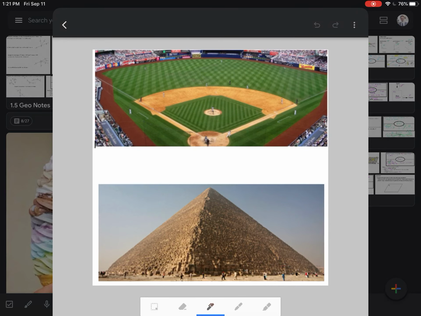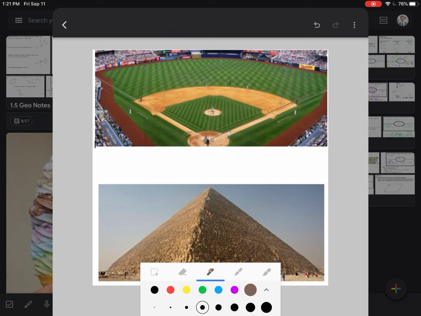With that being said, we're going to start off with a real life example. You might notice on top that is Yankee Stadium, and in baseball we have an example of an angle. You might not think about it this way, but going from home plate all the way to right field,